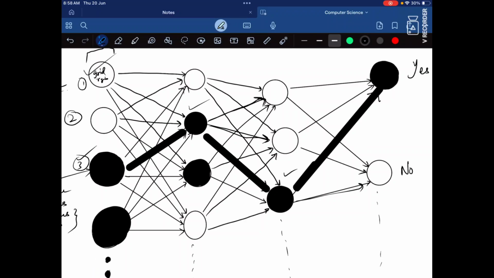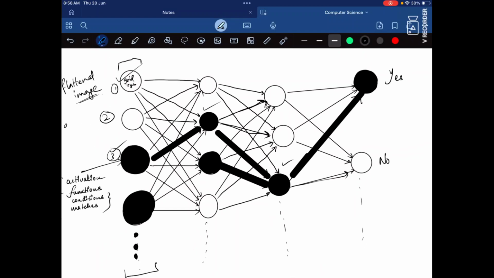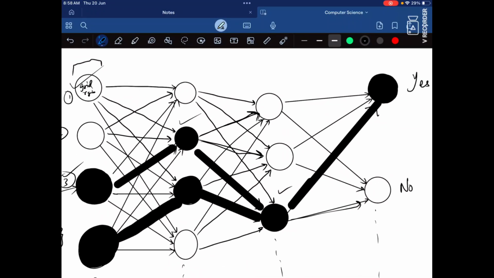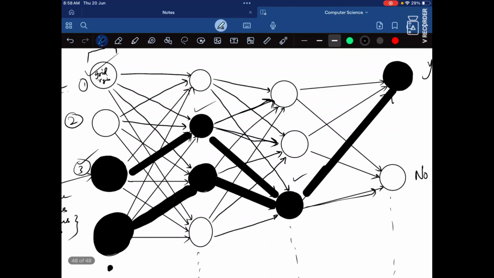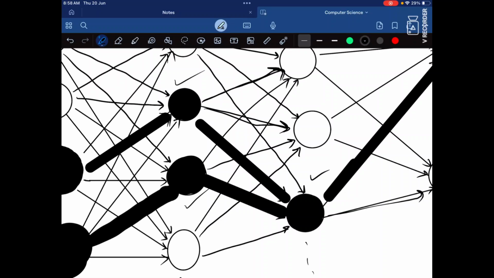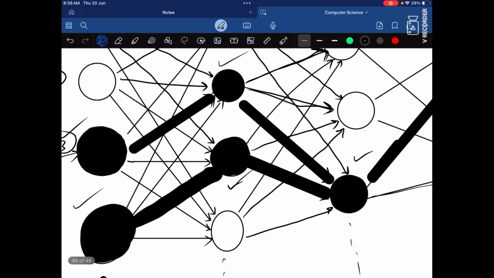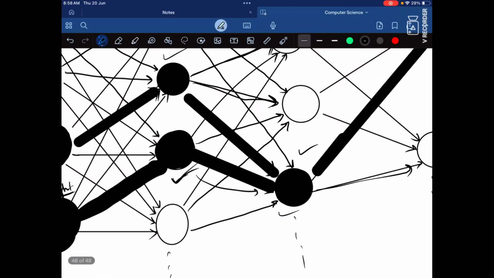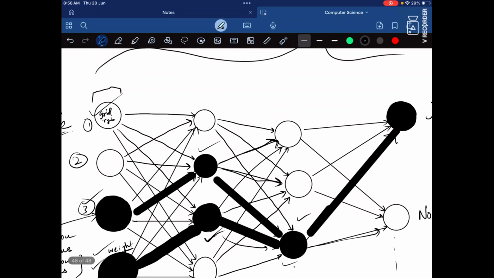Suppose this function was activated and this function also generated this. That means this is the activation function for this node. This one is the activation function for this node. This one gets activated due to this weight. The weight it carries is making this node get activated, and this output is making this one get activated, and so on. What does it mean to get activated, you may ask?